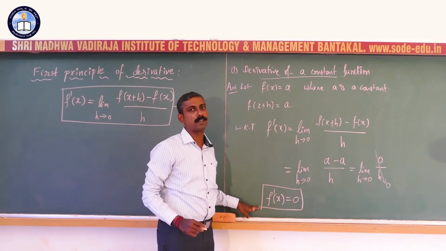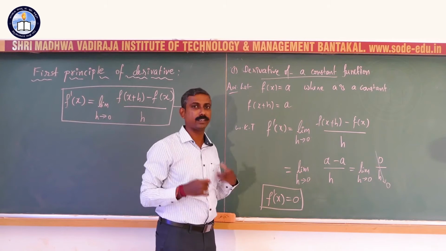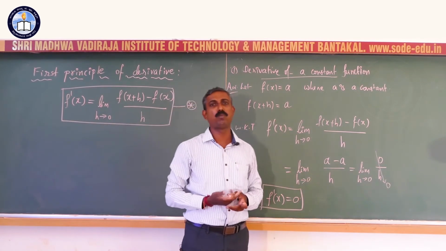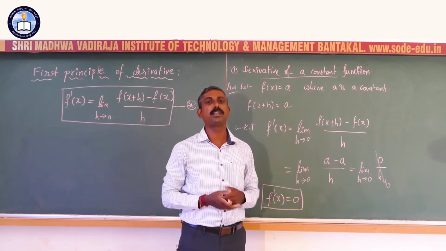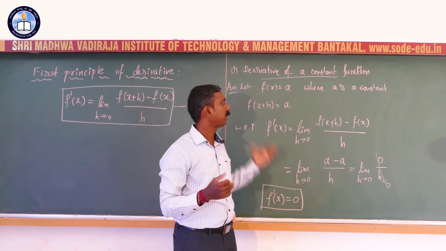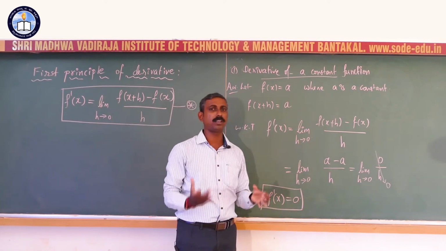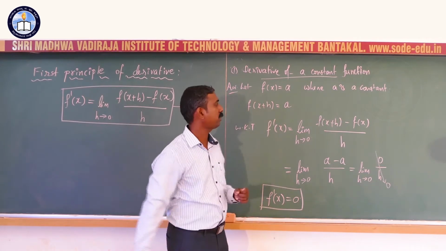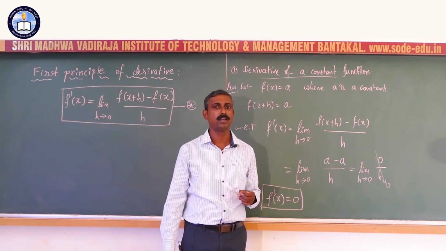constant is 0. So, whenever you differentiate a constant like derivative of 2, derivative of 3, derivative of 4 or derivative of 100, derivative of trillion, what will be the derivative? Since they are all constant, derivative will be 0. Now, we have a general formula for derivative of a constant. What is that? Derivative of constant is 0.